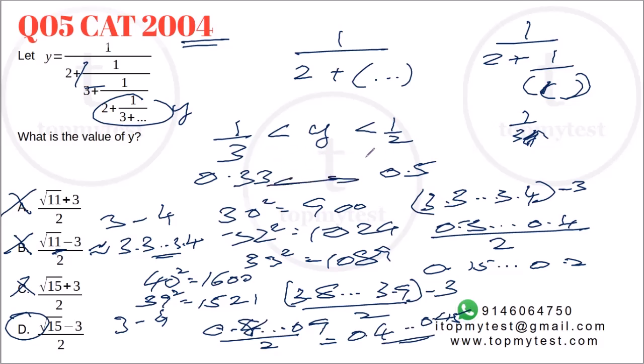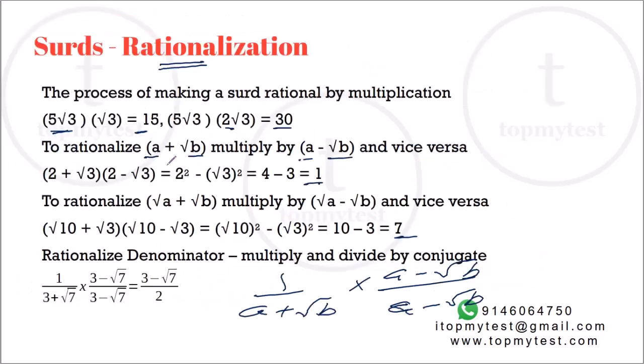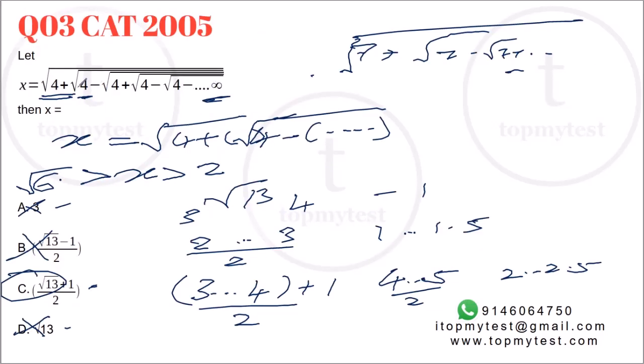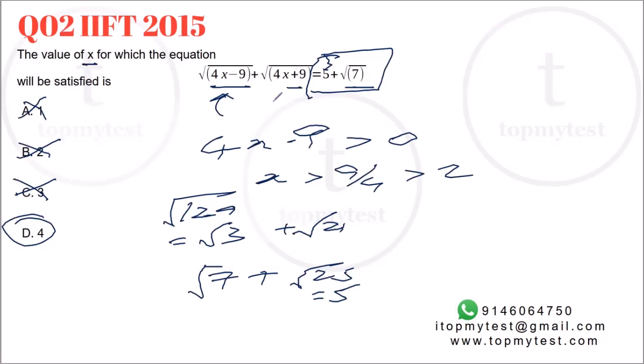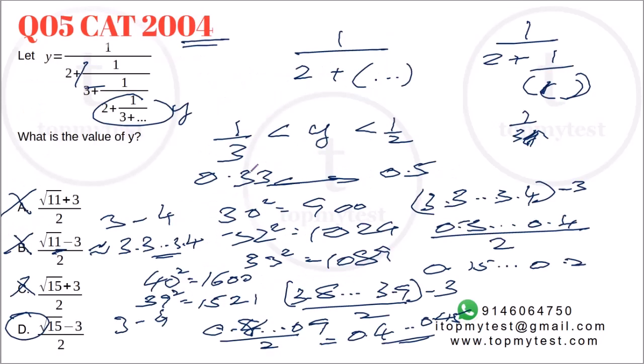So questions on surds are not very difficult. If you understand rationalization, you can play with the terms very easily. If you understand how to approximate the value of a square root, this is where you actually use it. And obviously, we can always plug in the options and solve. The good part about surds, just like with most questions on indices and almost all questions on inequalities, is that all of them have options in them. Use the options, get out of the question within a minute, minute and a half, move on to the next set.